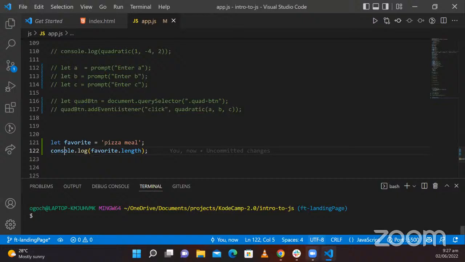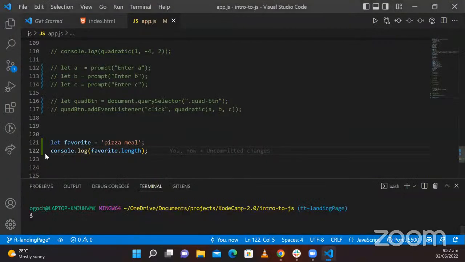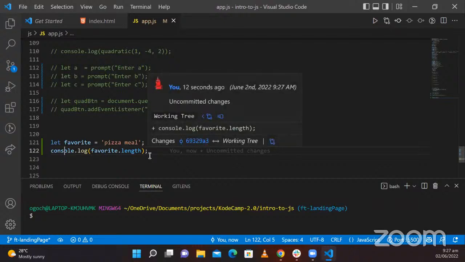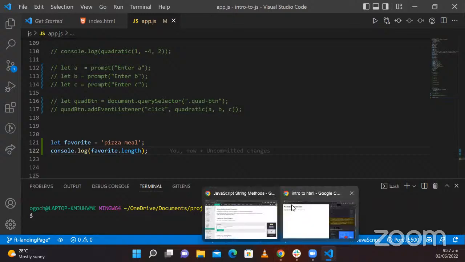So check again. This is 1 by 1 to 2. So we have this here. All right, so that's about length. So the next thing to look at is